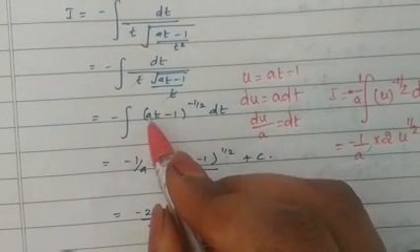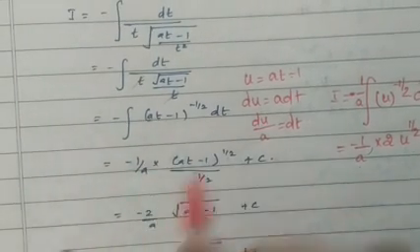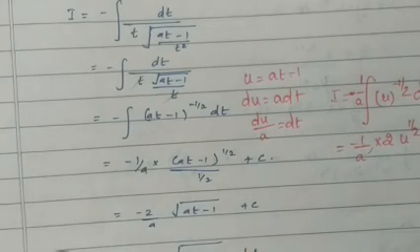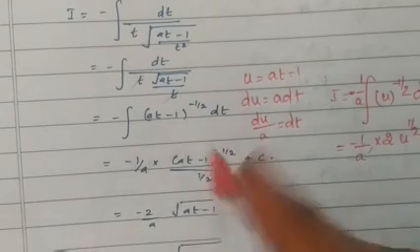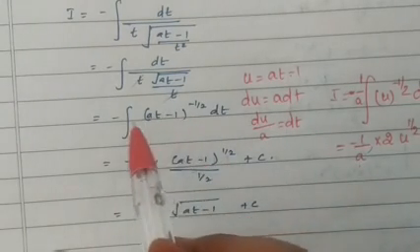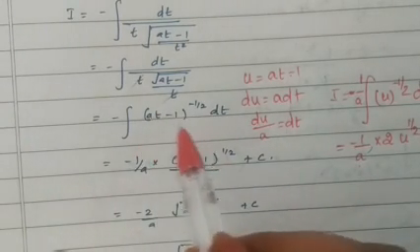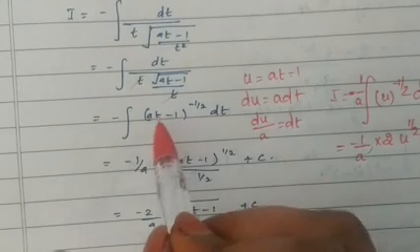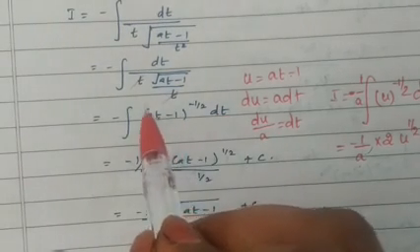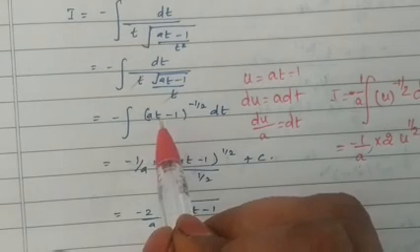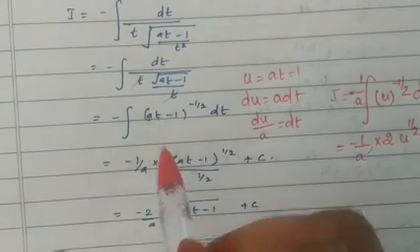Here what is the coefficient of t? It is a. So you are dividing by a. This method also you can write. If you feel it's confusing, you can apply this. Otherwise, whatever the coefficient in integration, if it is with respect to t, you need to see the coefficient of t. If there is any coefficient, you need to divide by that.